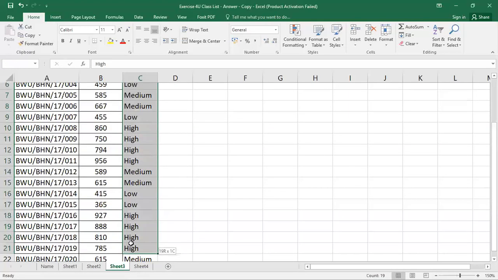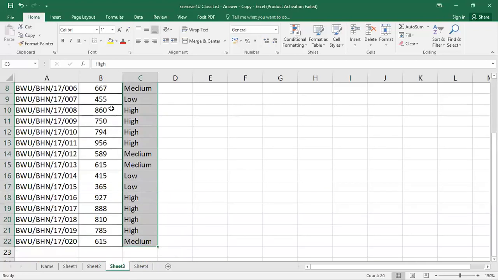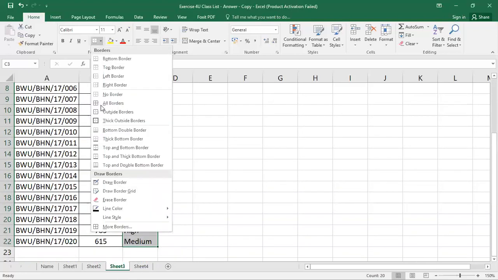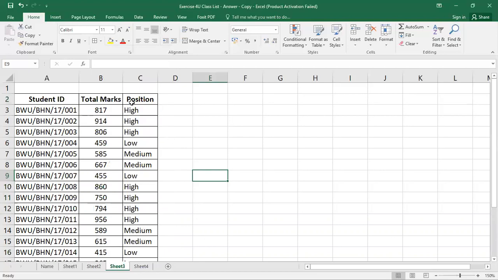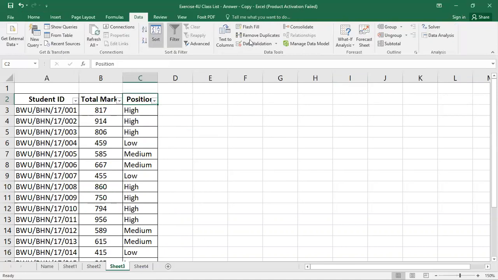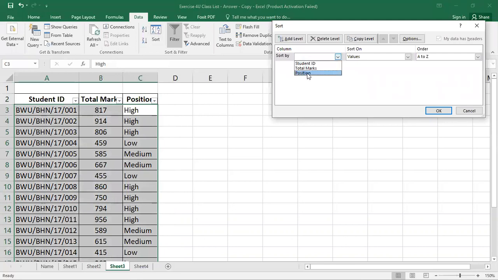We will sort this particular table by using the position. So here it is. I just select any cell under the title, go to the data, and I want to sort it. So sort it by position. If I select the position, then the values, not A to Z, I have to introduce a custom list here.